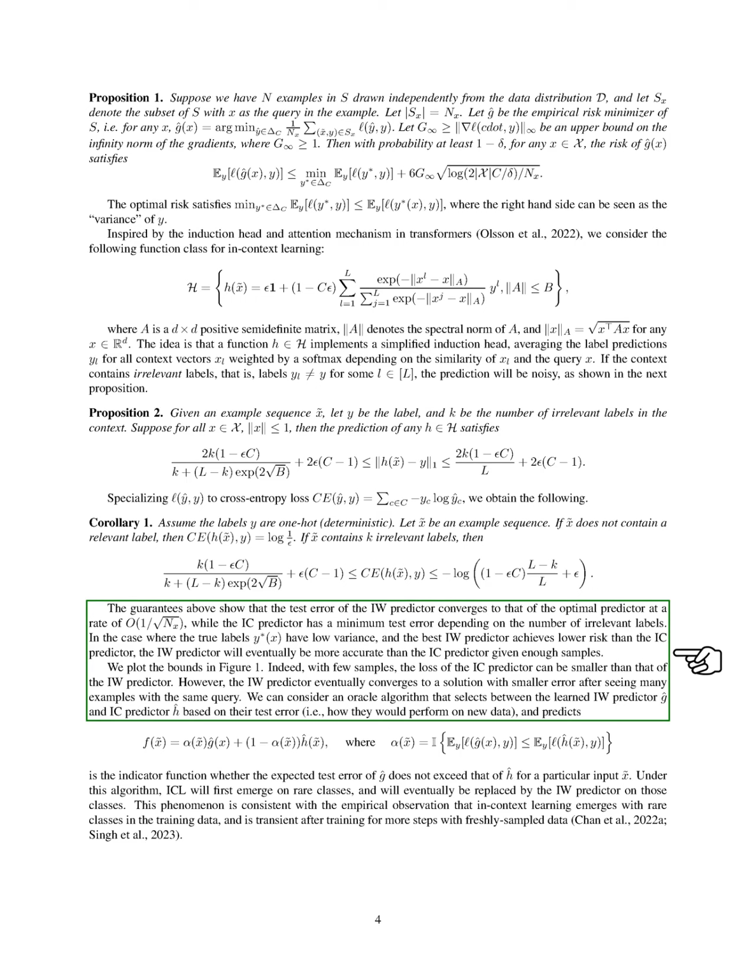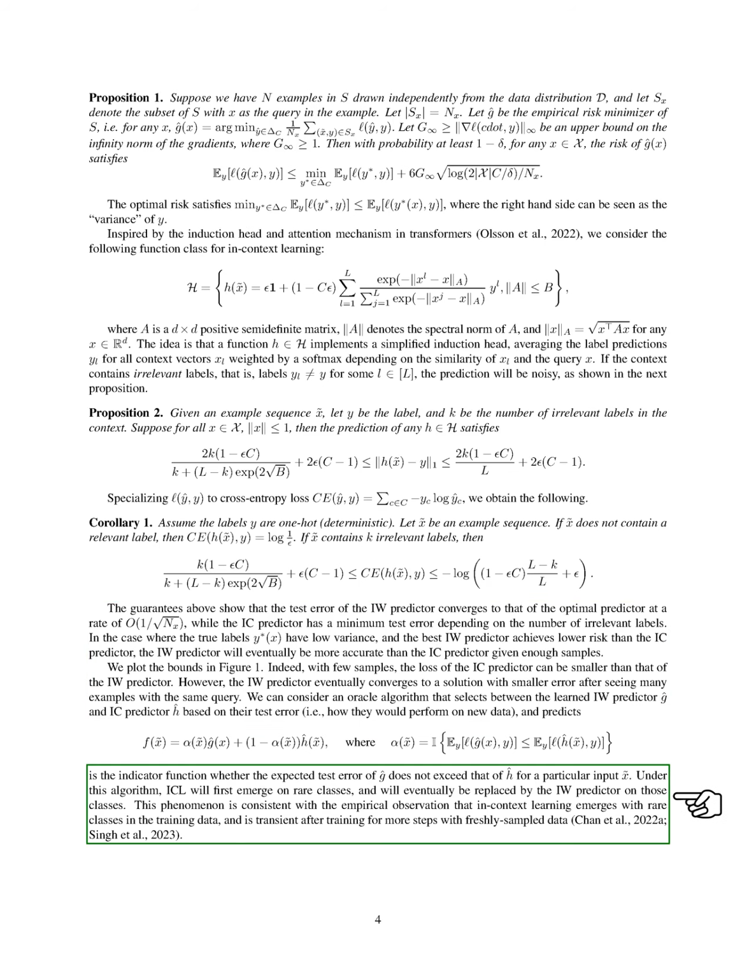We illustrate these bounds in a figure. Initially, the in-context predictor may perform better with few samples, but the in-weight predictor eventually achieves lower error with more examples. We propose an oracle algorithm that selects between the in-weight and in-context predictors based on their expected test errors. This algorithm predicts outcomes by weighing the two predictors according to their performance. We find that in-context learning first appears in rare classes but is eventually outperformed by the in-weight predictor as more data is processed.